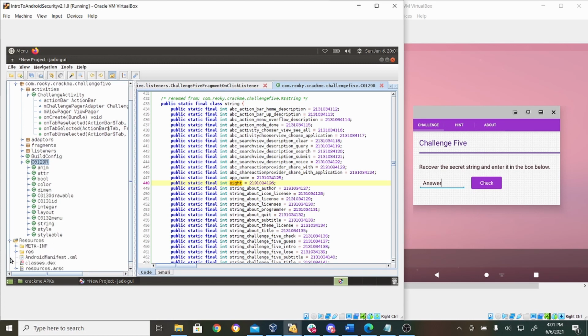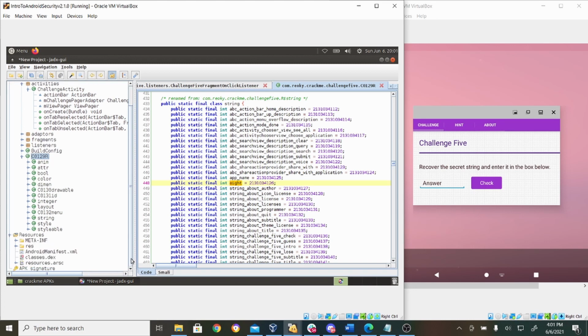So if we maximize that, the resources folder, let me explain, has everything outside of the application code. It has a meta-inf, it has a res, which is another resource folder. It has the AndroidManifest.xml. The Android manifest you can think of as the skeleton of your Android app. Every Android app will have an Android manifest. If you do not have an AndroidManifest.xml, your app will not work. You need to have this file. It is mandatory. You have a classes.dex and a